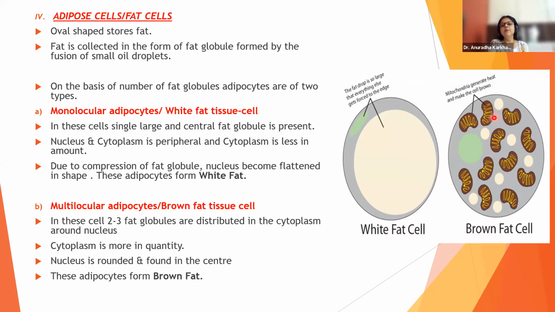Okay, and therefore it appears brown in color. इसलिए ये सेल को brown fat cell कहा जाता है, इसको white fat cell कहा जाता है. इसका मतलब इसमें mitochondria नहीं है, ऐसा नहीं है बेटा, but they are few in numbers. Well, here you can see there are so many mitochondria present,